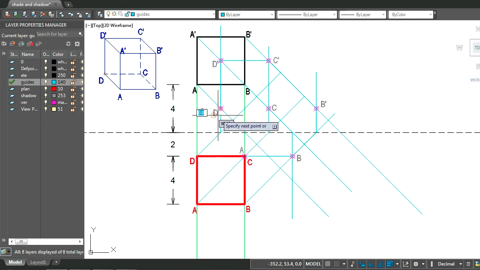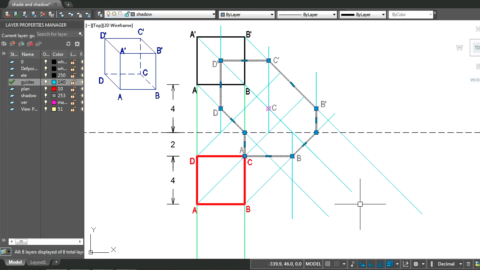So it first casts a shadow on the horizontal plane, intersects with the ground line, then turns towards D. So we are coming in the reverse order, intersection and then to point A. Okay, so this is the shadow of the